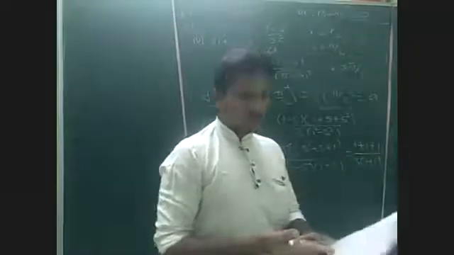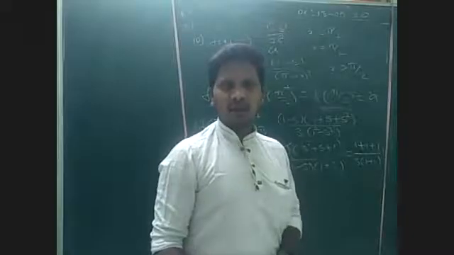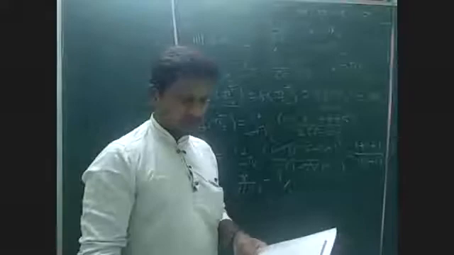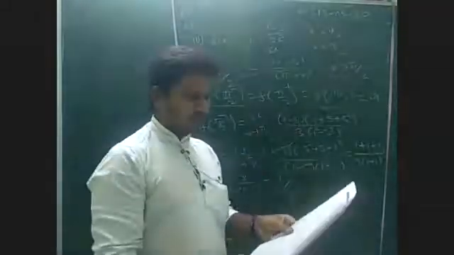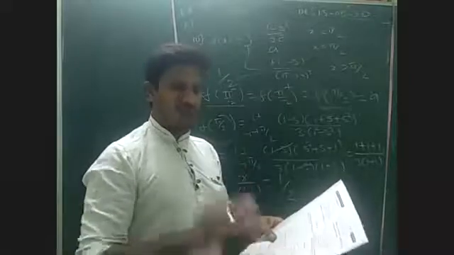One of the options is right. The first option is right. No need to check the other options. In JEE, no need to check. This is the right answer, the first option. Even if you find B also, you'll get a B value other than 4 minus 4 comma 5. We get some other value.